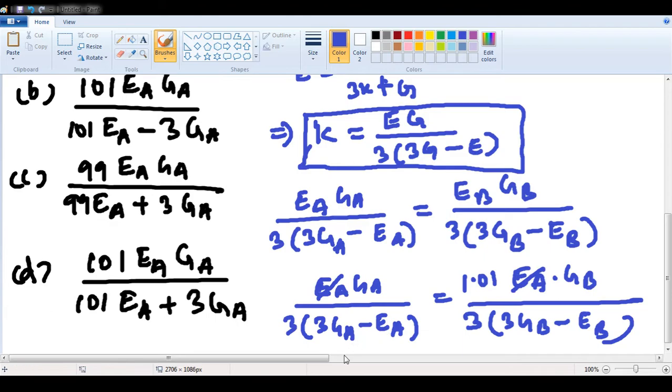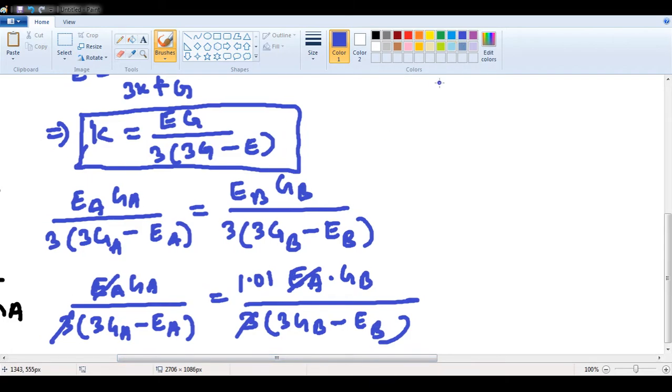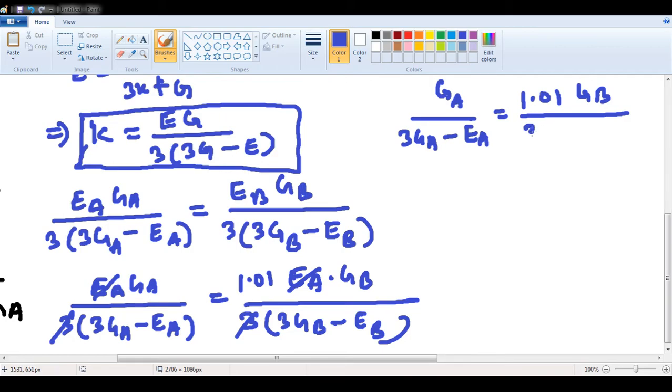Then again here 3 will also get cancelled. So we are left with GA by 3GA minus EA is equal to 1.01 GB divided by 3 GB